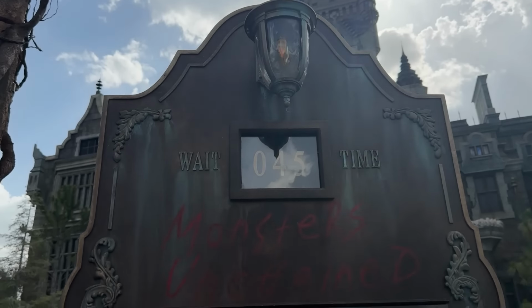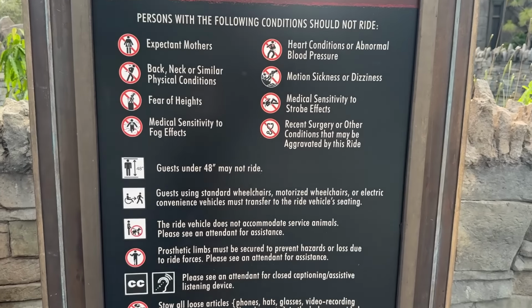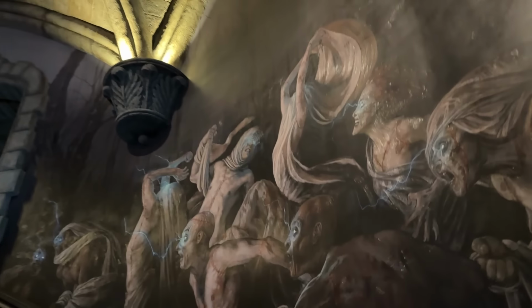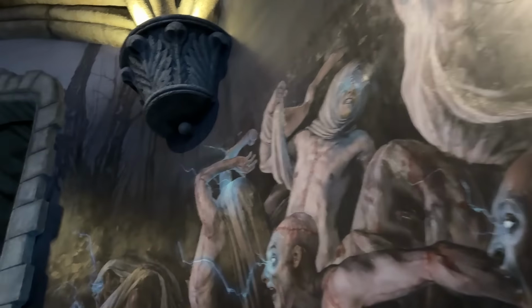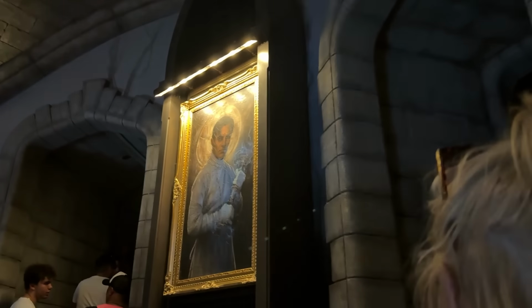Currently, this has a 45-minute wait, which is actually kind of long for this attraction. This attraction is incredibly efficient, and normally you can find it at 30 or less, so if you don't have Express, I would recommend waiting till it's 30 minutes or less. It has single rider as well, but you skip like everything. You skip the pre-shows and etc., so I would not recommend single rider here,